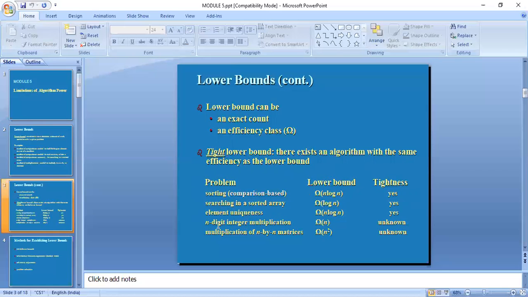Suppose you take n-digit integer multiplication. There is an algorithm with a time efficiency of n. But is there any algorithm which exists with the same time efficiency? No, it is not known to us. So is there tightness? No, it is unknown. Element uniqueness: here also, there is an efficient algorithm which takes time complexity n log n. Is there any other algorithm? If it exists, then there will be a tighter answer. So for all the trivial lower bounds, we need to